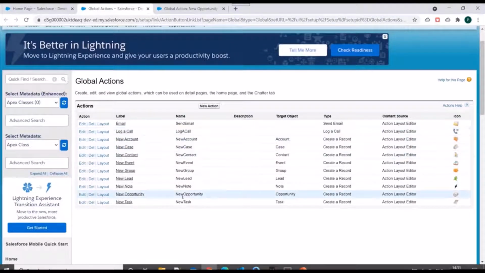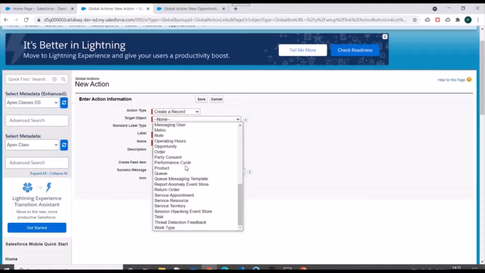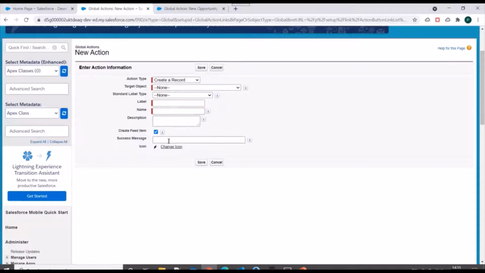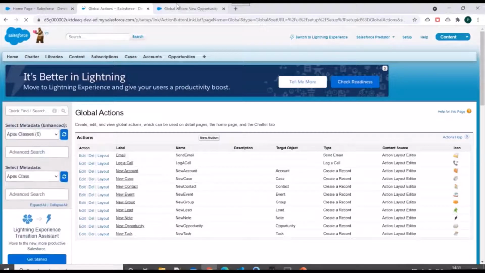If you want, you can also create a new global action. You just have to go to new action, and select the type of action. It can be create a record, log a call, use a lightning component, etc. You need to select the target object on which you are creating the global action, and then enter the other things. So this is about the global action which we are going to use.